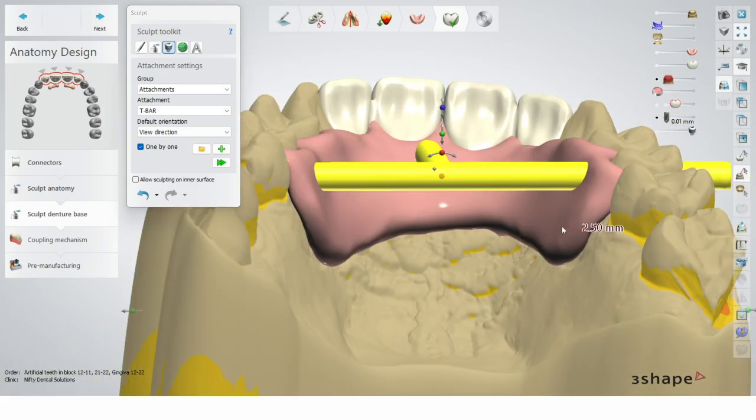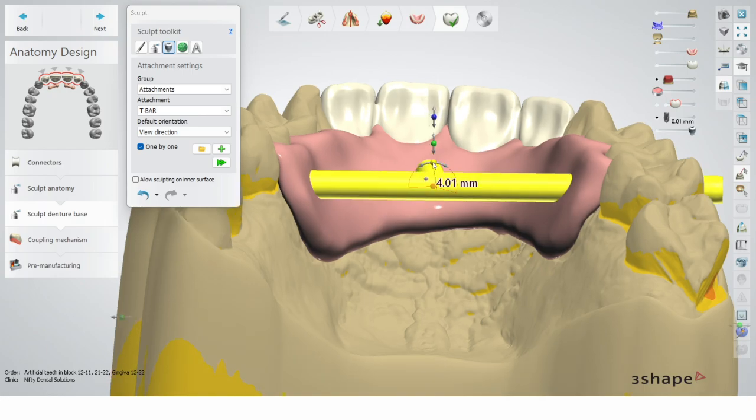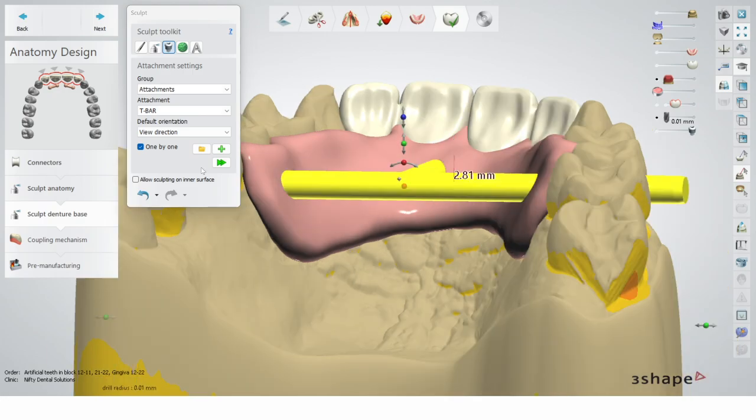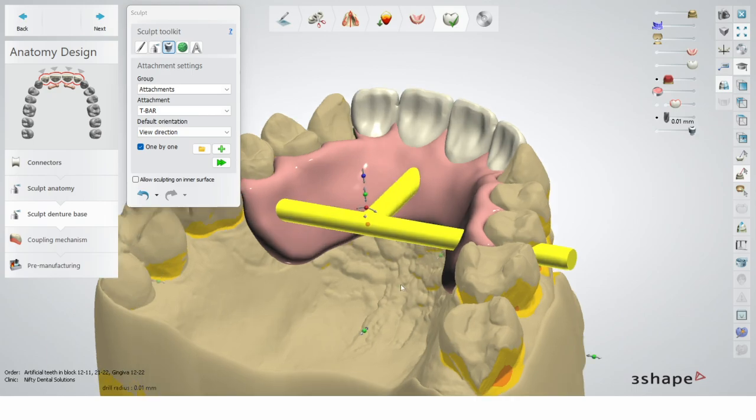So the extraction says it's around 3 mm. If you're close to 3 mm, it's fine. Don't be too worried about it. If it's 2.7, 2.8, it's actually a good result. And not always, unfortunately, can we achieve the measurements, because you can see for this case as well, as I'm now engaging the palate, the denture base is quite small. Sometimes I've got even smaller denture base, so I kind of have to play around and find the right balance.